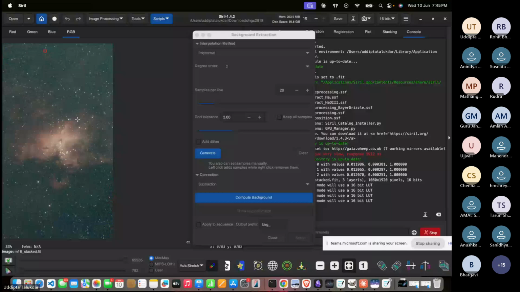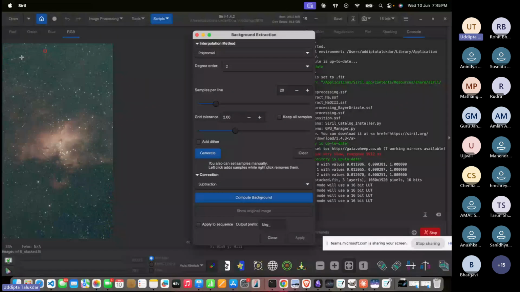So, for this, background extraction becomes extremely important because what it does is it takes out all the noise and tells the software that this is not what we want. We want a uniform brightness across the entire background. So in order to do this, first use add dither image, add dither, because